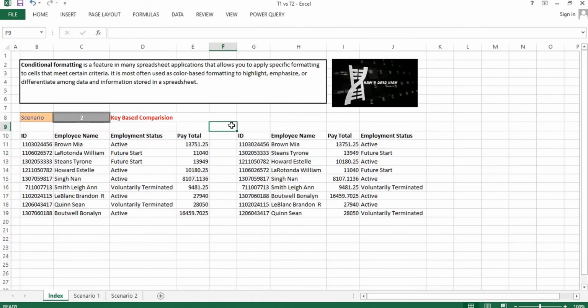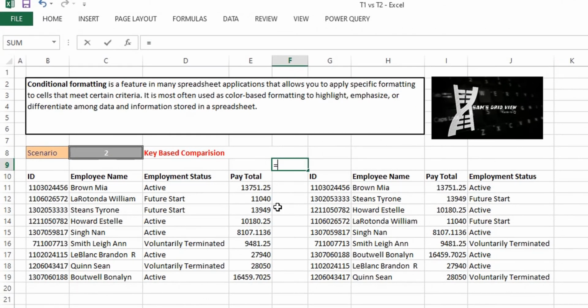To achieve this, let's create a formula within a cell, and after that we can take this to a conditional formatting formula. Now we are going to compare these two tables based on this ID, right? So let's not select this particular ID column for our comparison. Instead, let's select the employee name here and type equal to VLOOKUP. So I'm going to compare my table 1 with table 2 using a VLOOKUP option.